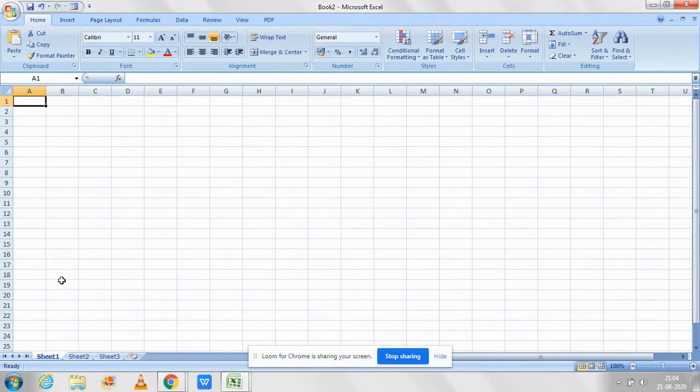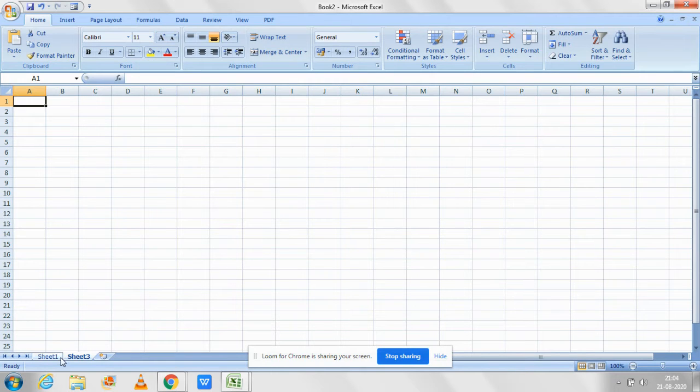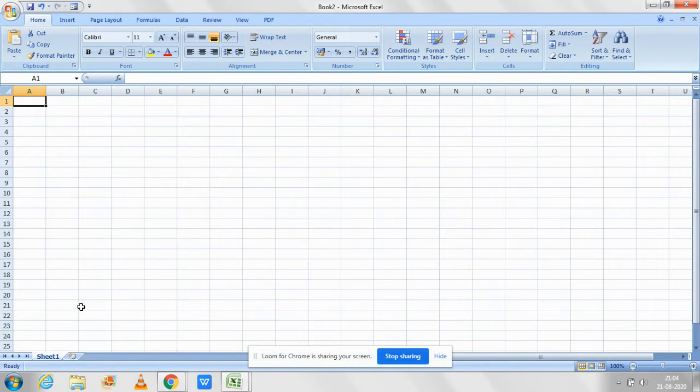Now you can delete the worksheet. How can you delete this worksheet? By right clicking on this, you can delete it. The worksheet will be deleted. If you want to delete this 3 also, click on delete. Here you can delete the worksheets. You can insert the worksheet by clicking on this button. This will be inserted. Again, it will be inserted. You can insert the number of sheets according to your work.